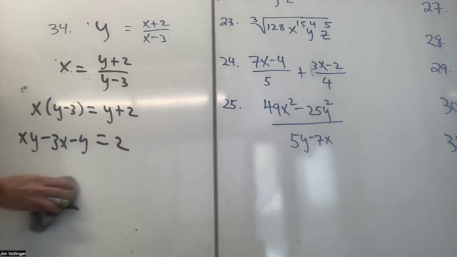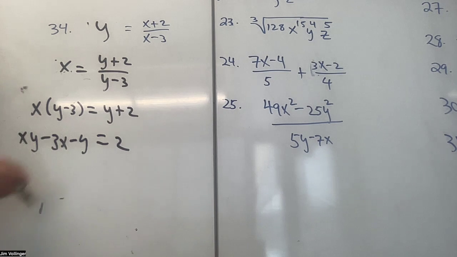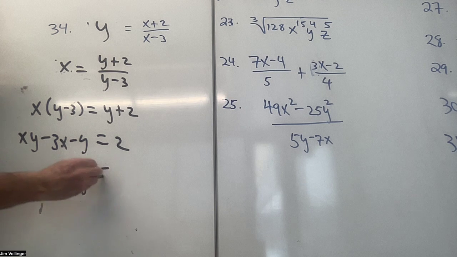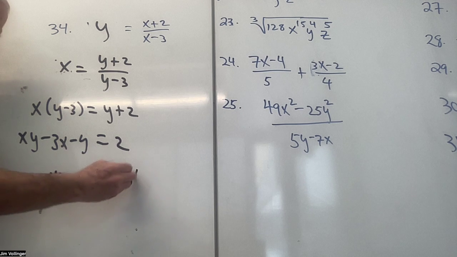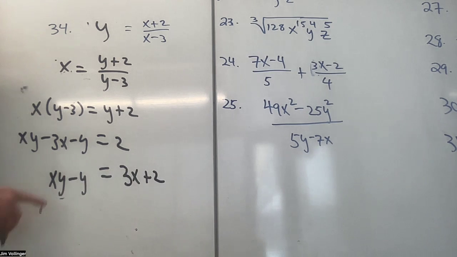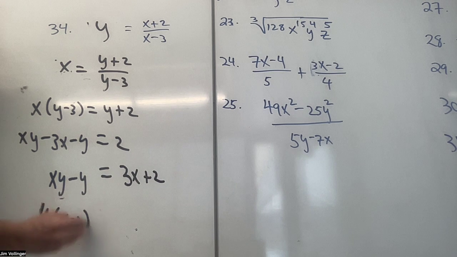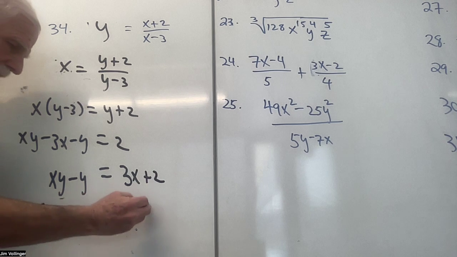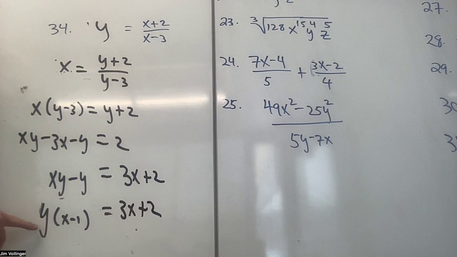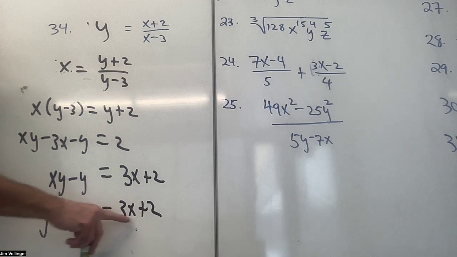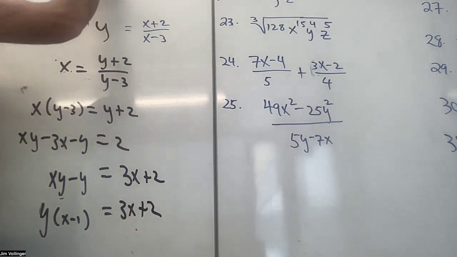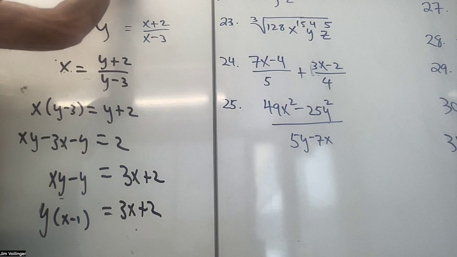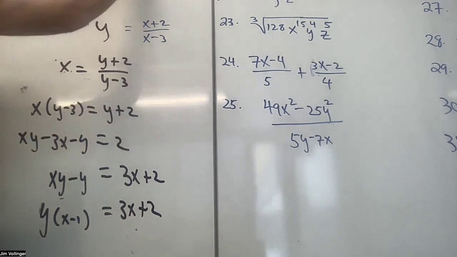Now I've got my y's together, but let's move the x to the other side. So I've got xy minus y equals 3x plus 2. Well, how do I get y alone? I factor it out: y times x minus 1 equals 3x plus 2. All right, so what was the inverse? Getting y alone: 3x plus 2 divided by x minus 1. So f to the negative 1 of x is equal to 3x plus 2